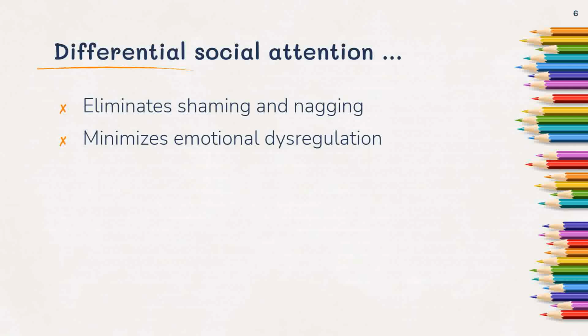And it minimizes that emotional dysregulation because I'm not throwing the kids that are misbehaving into their emotional state. I'm just going to ignore their attention-seeking behavior or their aberrant behavior, but I'm going to very vocally and very actively give my attention to the students that are doing the right thing. And pretty soon, those students that are talking are going to want to be noticed. They're going to want to be included. They're going to want to have your attention. And they're going to figure out the only way to do that is to follow your expectations.